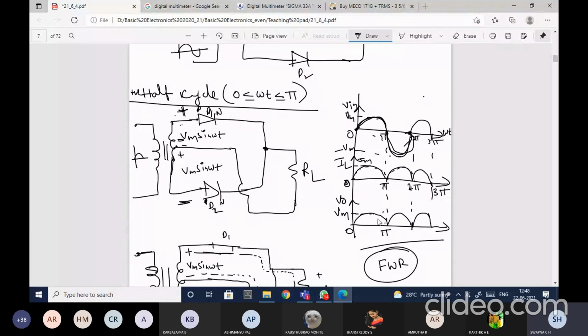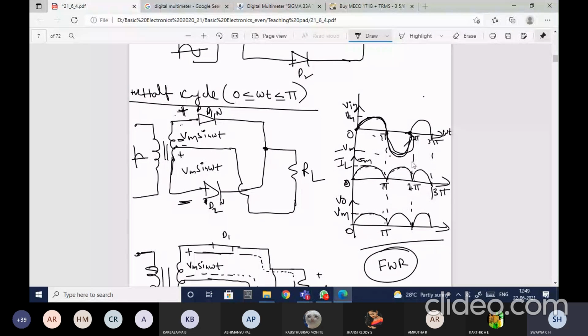So again you need to find out how much DC is present and what is the RMS value. RMS value is nothing but the effective value of this particular signal. You need to find out the RMS value. Then again you need to find out the efficiency and ripple factor. As I've told you, this is not pure DC, it consists of AC signal as well. So the amount of AC present in this pulsating DC is said to be the ripple. How much ripple is present in this output waveform will be given by the ripple factor.